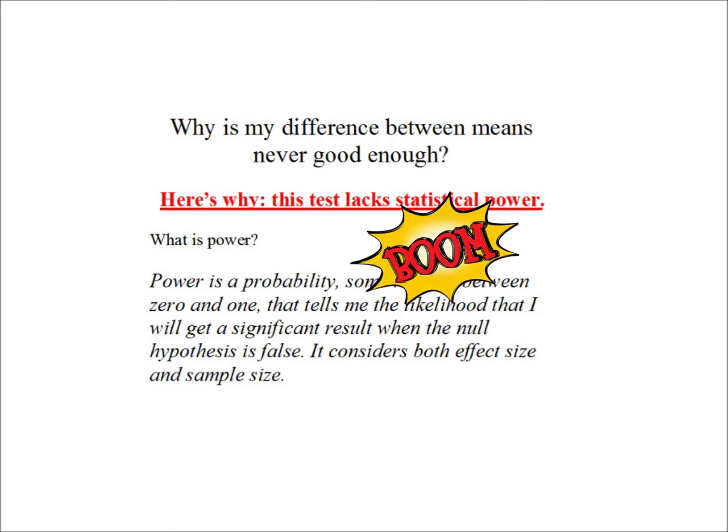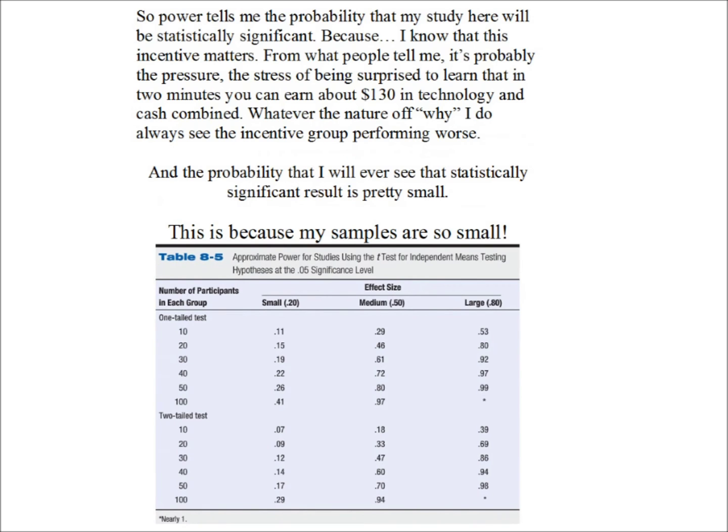Power is a probability, some number between 0 and 1, and it tells me the likelihood that I'll get a significant result when the null hypothesis is false. It considers both effect size and sample size. So power tells me the probability that my study here will be statistically significant,